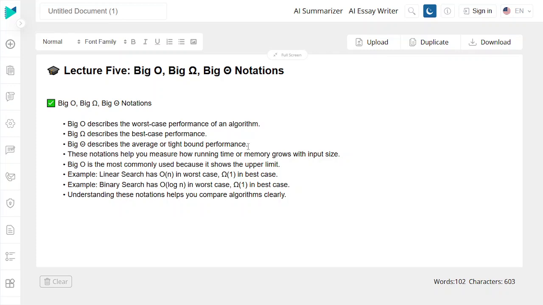So your main concern will be regarding the worst case performance and the average case performance. This is basically the average time taken by your algorithm to complete a specific task.